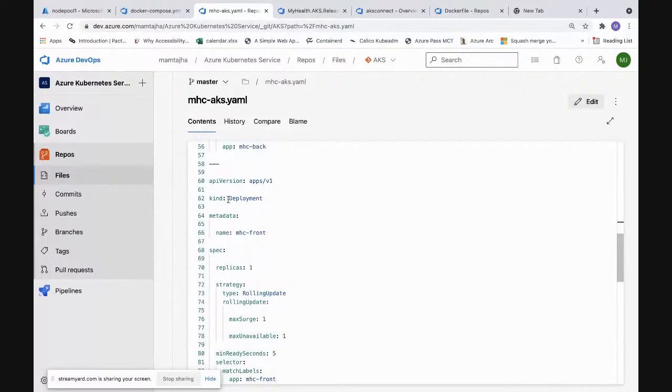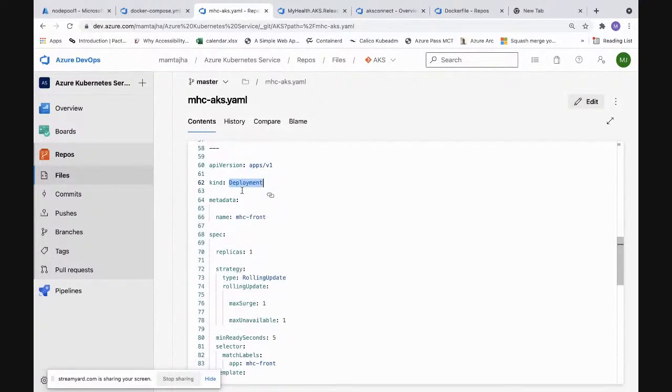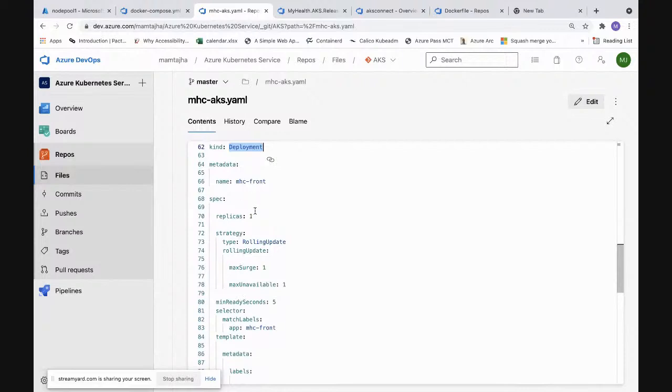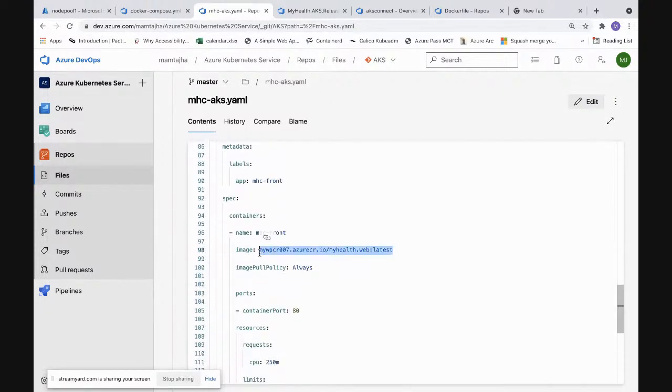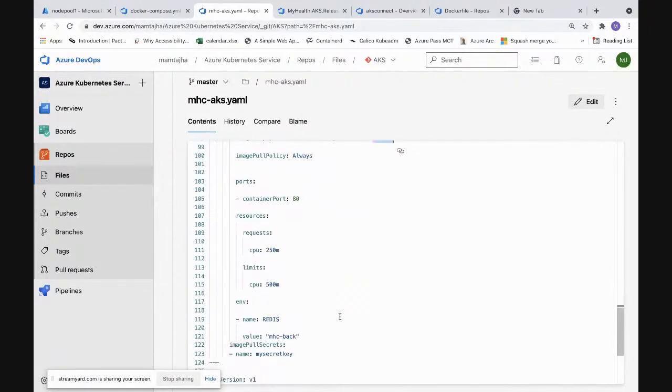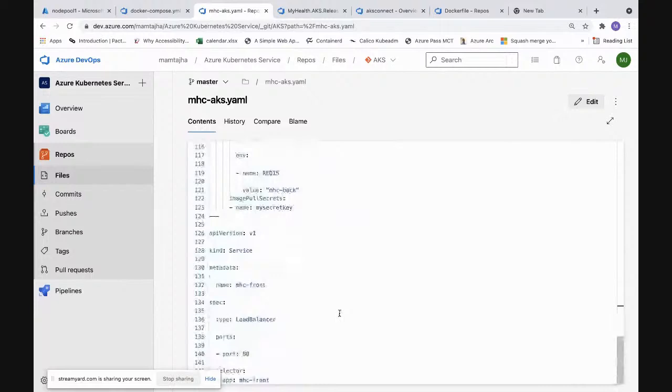This is the backend. The deployment has happened, and the deployment is created, and I'm creating one replica of my front-end application. I would go ahead and specify the image here. Every time I'm saying latest, whatever is tagged as latest, every build with the latest one. Otherwise, you can use a variable here with the build ID, and you can go ahead and pick up the latest images. This service is nothing but, you can see here, I'm picking up this image secret, my secret key, that would be picked up to talk to your Azure Container Registry.